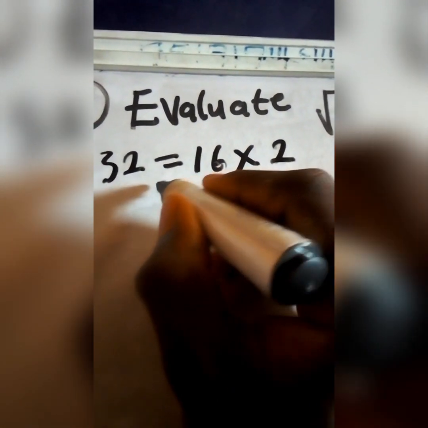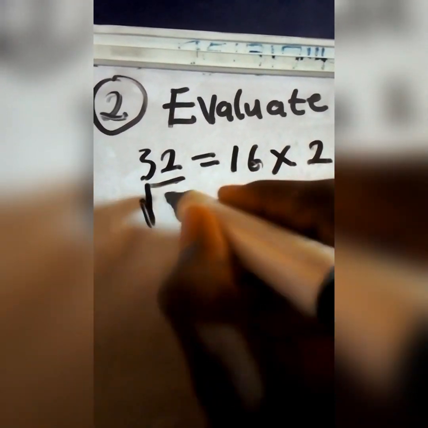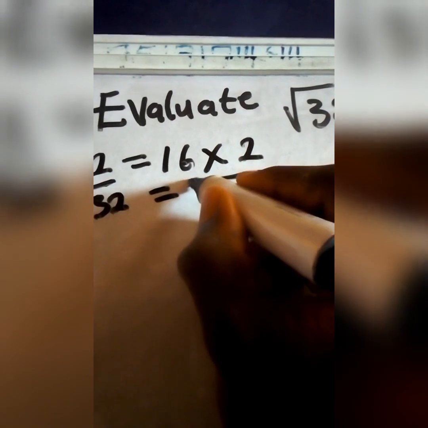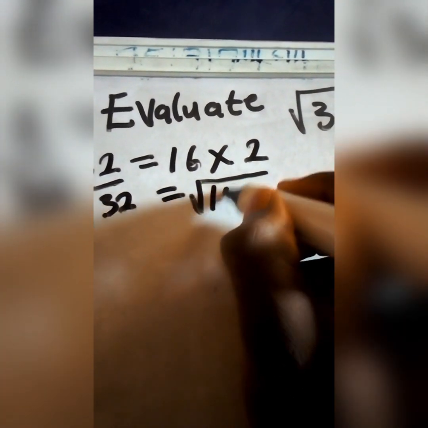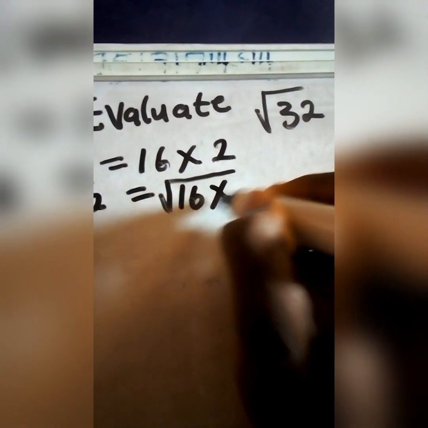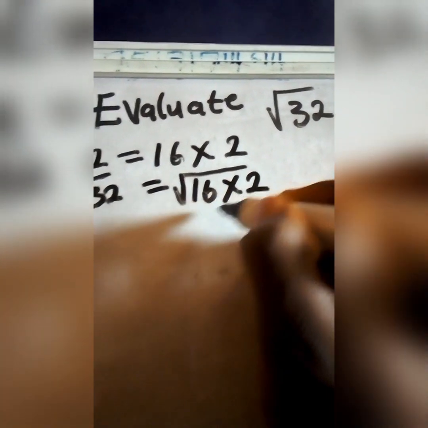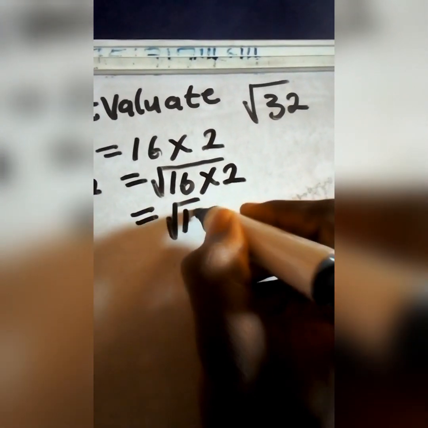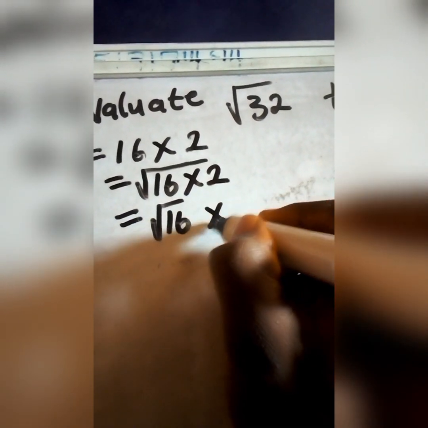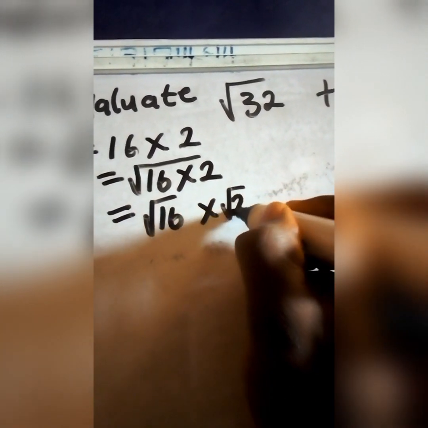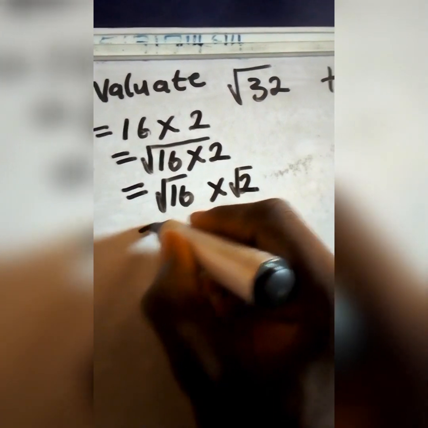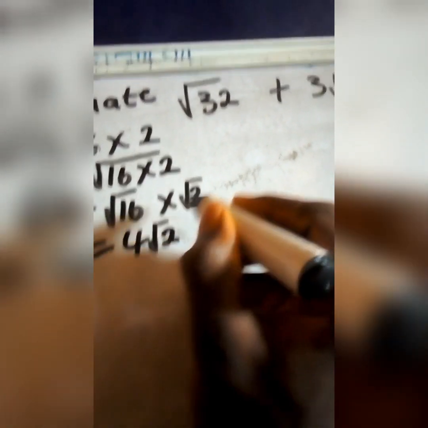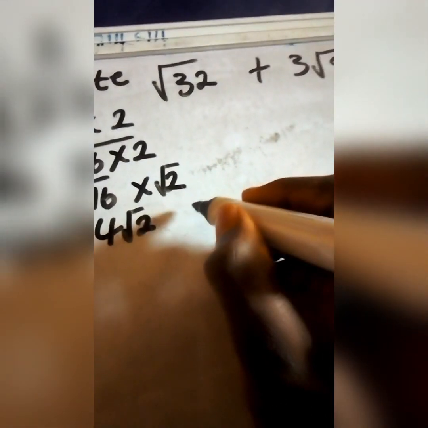Okay, so root 32 is equal to the square root of what? 16 multiplied by 2, right? Now which is equal to the square root of 16 multiplied by the square root of 2, which is equal to what? 4 root 2. Remember that is for only this. Then we have plus